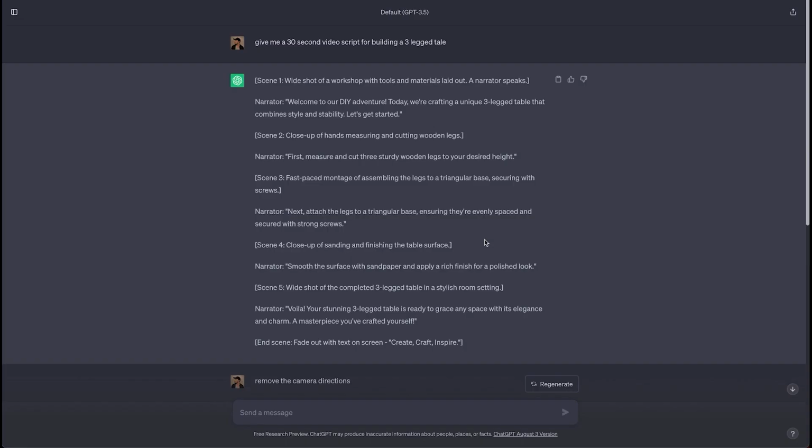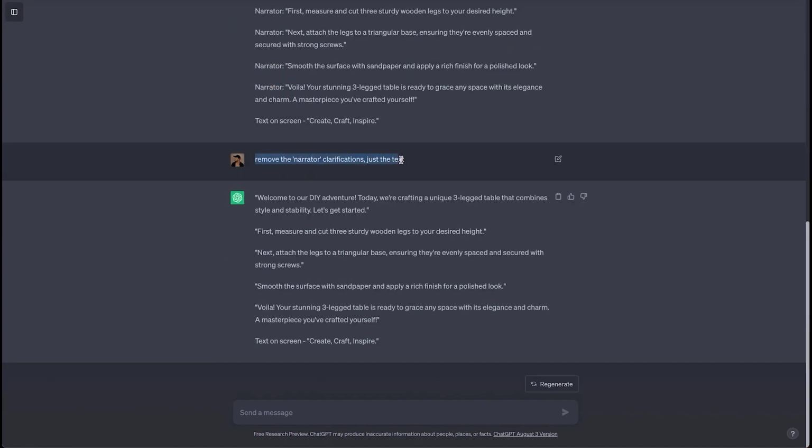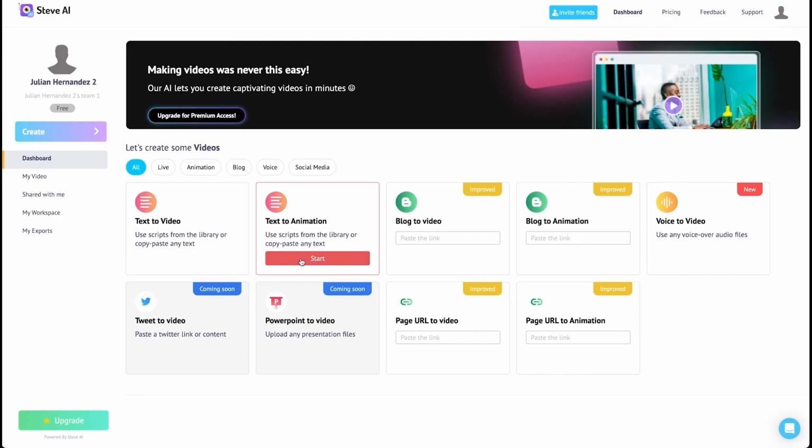So here, I started a prompt with ChatGPT saying, give me a 30-second video script for building a three-legged table. After getting this, I asked it to remove the camera directions, also remove the narrator clarifications, and just the text. So here we have our text, and I'm gonna copy it over here, and we're gonna go to text to